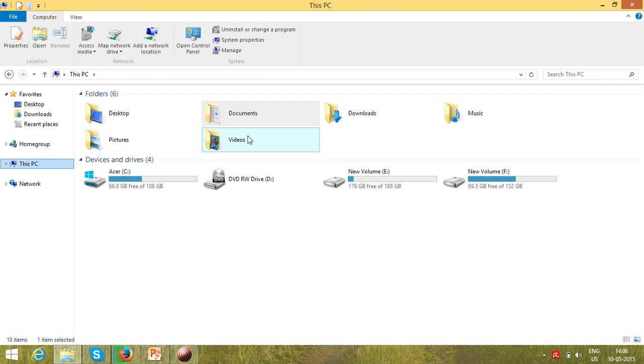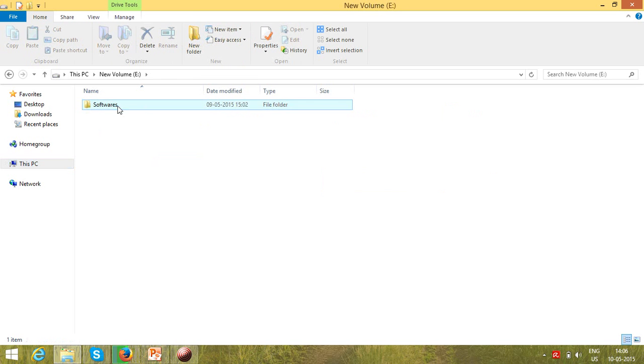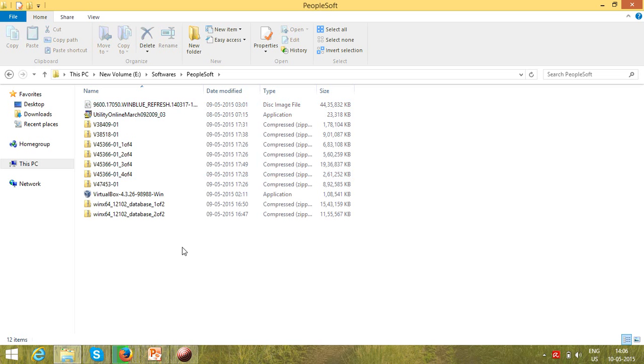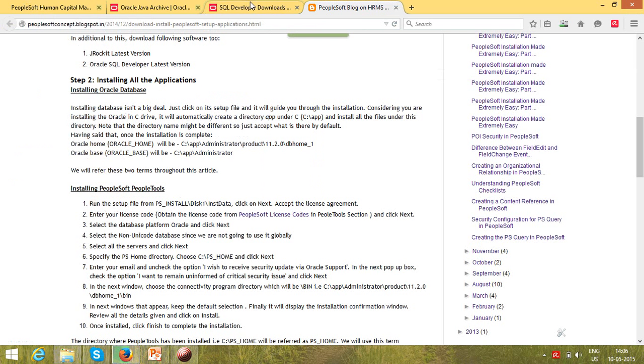Let me go to the disk where we have stored all the softwares. Yes, so these are the parts that we have. We need to organize them. We need to put them in the appropriate folders just to identify them easily. So let me first name them accordingly. See, these names are not clear to us actually. We need to give the appropriate name so that we can identify them easily.